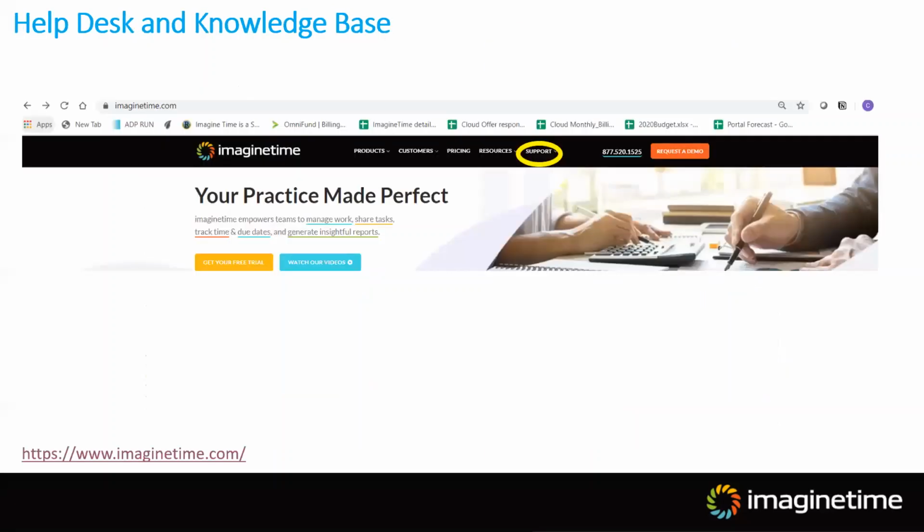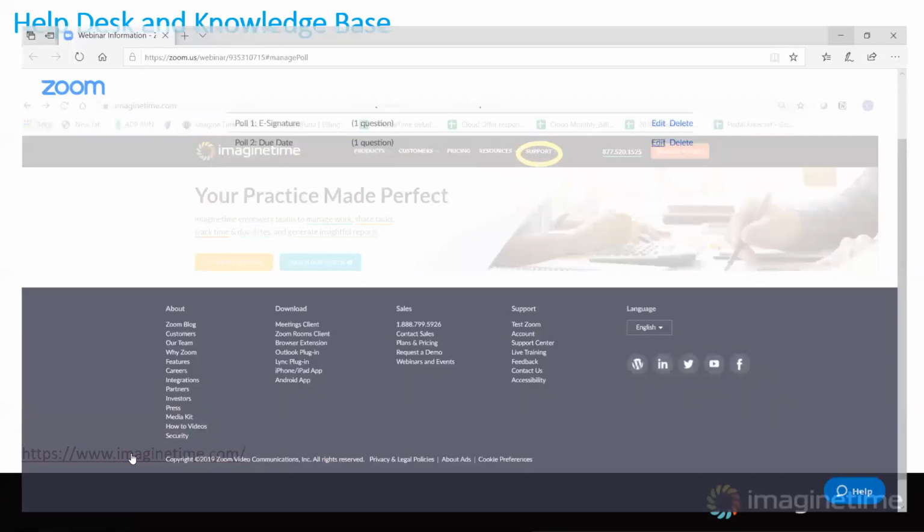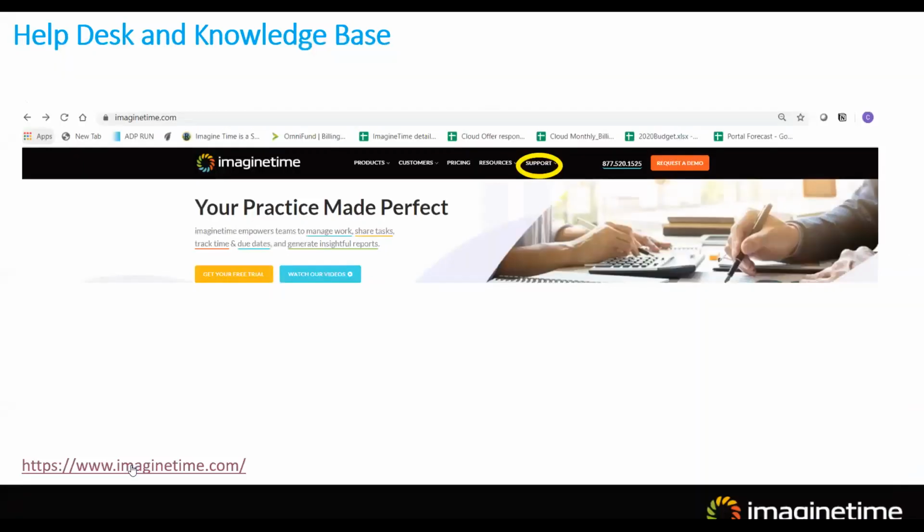The next thing I want to highlight are the help desk and the knowledge base. So this is a screenshot of the homepage, and I've circled the support. And now I'm going to go straight to ImagineTime.com. If you'll go to the support drop down, it takes us automatically to our knowledge